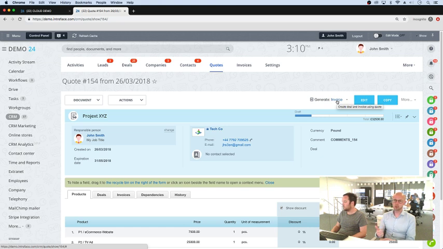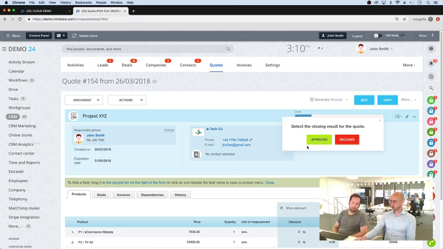From a deal you can generate a series of quotes. Should you want to give the customer different options, you can generate different quotes with different products or different variations of products. And then when you win one of those quotes, you can generate an invoice from that. So click on this button to generate an invoice. I mean, it is possible to